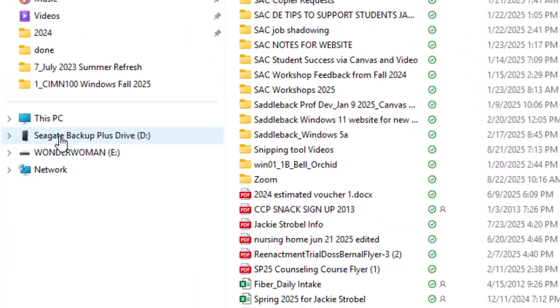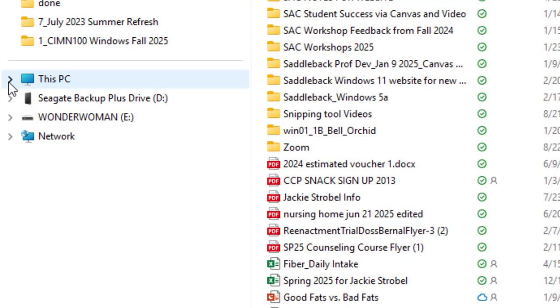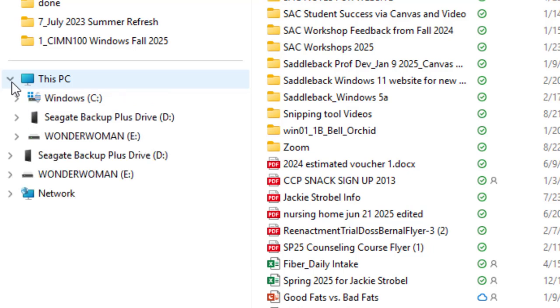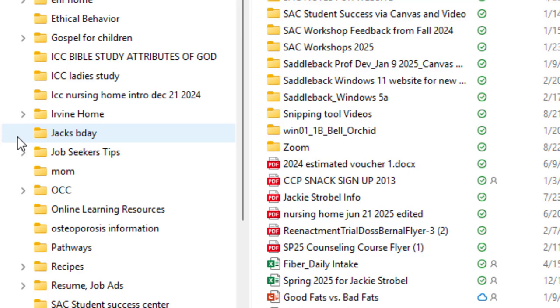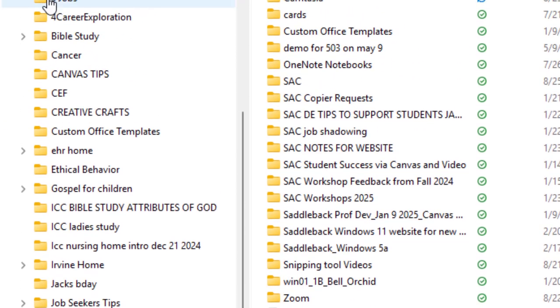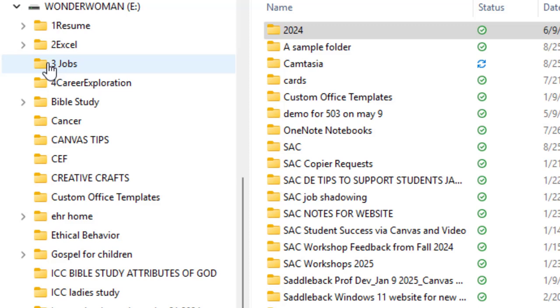The next section is this PC. You will notice that for each item there is a right arrow. The right arrow means that there is more content underneath. When you click on it, it will expand the window and you can see what is underneath this PC. In this situation, we have Windows, a Seagate hard drive, and my Wonder Woman flash drive. When you click on the right arrow, it's going to give you all of the folders that are underneath this particular storage location. When you do not see a right arrow, such as 3 jobs, that means there's no more